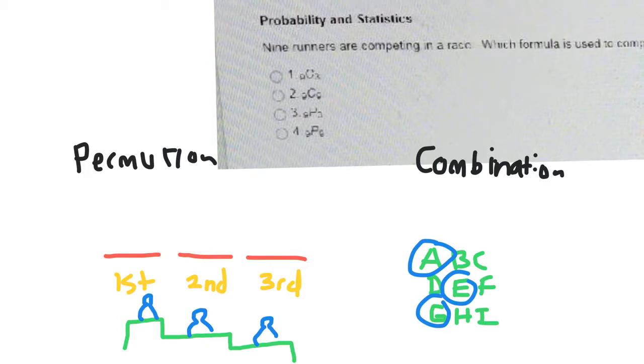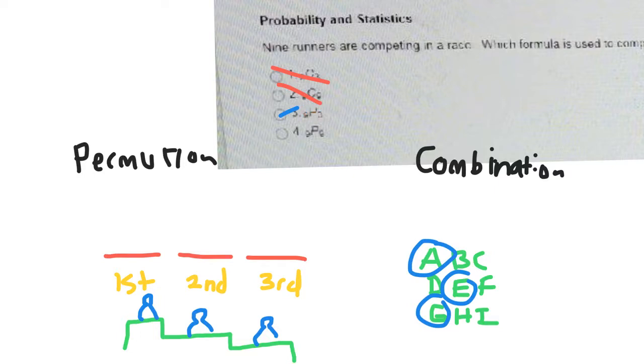Now, the reason I had stressed whether or not the order matters is because we want to know, is it a permutation or a combination? Because obviously, if it's a permutation, we're dealing with P. If it's a combination, we'd be dealing with C. So we could immediately eliminate answer choice 1 and answer choice 2. But then the question remains, well, is it 9P3, it's hard to read, or is it 9P9? Well, this could be a matter of just simply memorizing the mathematical language and recognizing that the answer would indeed be this one, where it's like